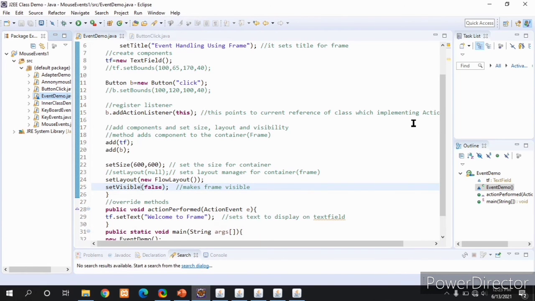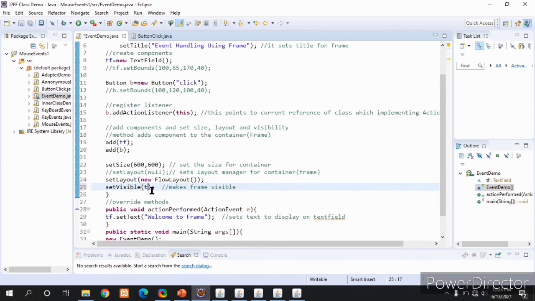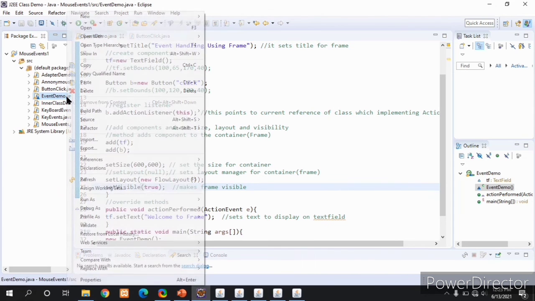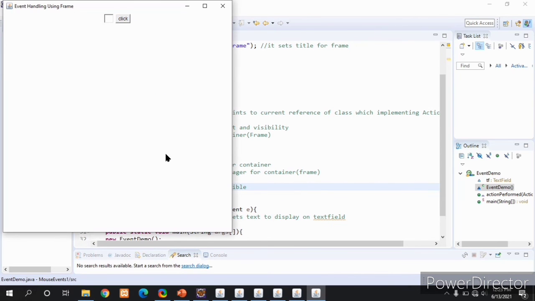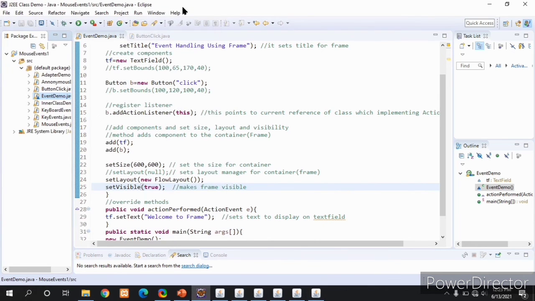See here, no frame is visible on the screen. I will change this to true. I will run. Now the frame is visible on the screen. This is how we handle the events by using a frame.